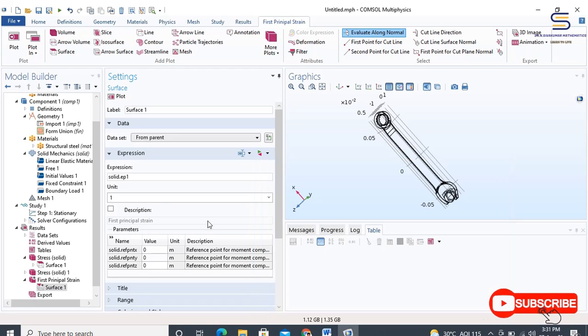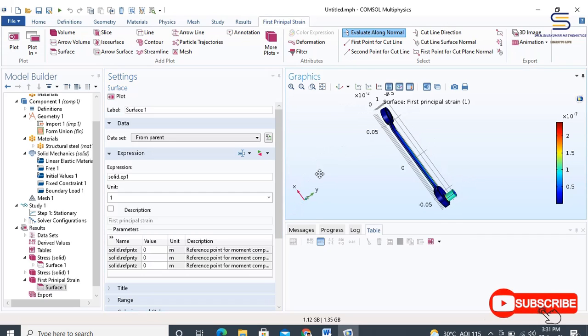Double clicking on this will put the expression into the settings window. Then in the first principal strain toolbar, click plot. So this is the first principal strain.